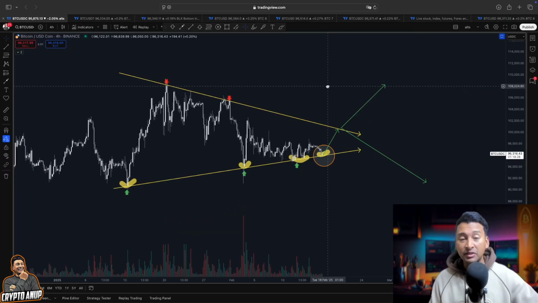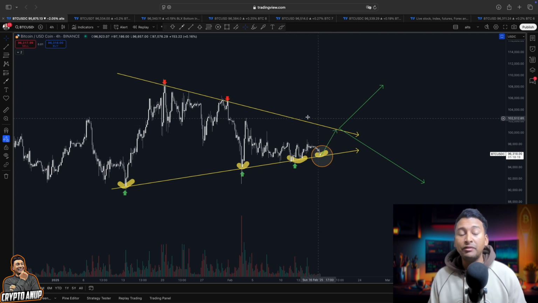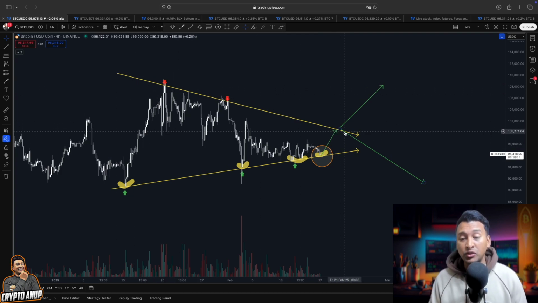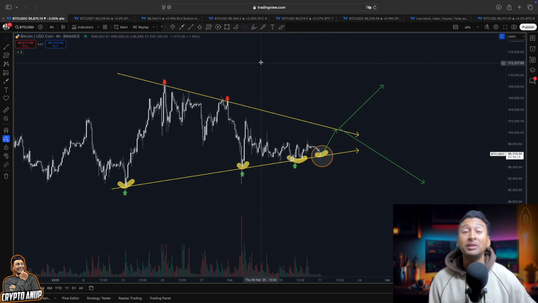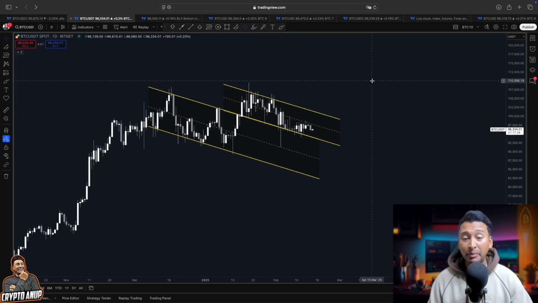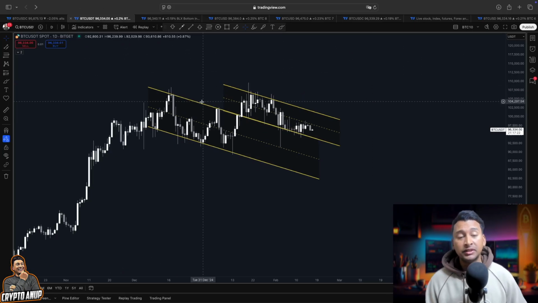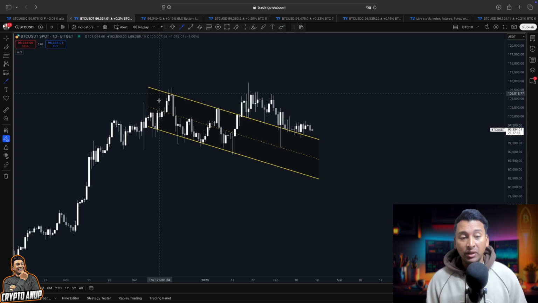Yes guys, if this symmetrical triangle holds the support around 96,000 for Bitcoin, then in the immediate short term we are expecting a relief rally, price of Bitcoin getting attracted towards the upper trend line, the most important resistance around 100,000 before deciding the trend duration, because we are aware parallelly Bitcoin is also following a scenario which resulted in a bullish breakout in the past price action.